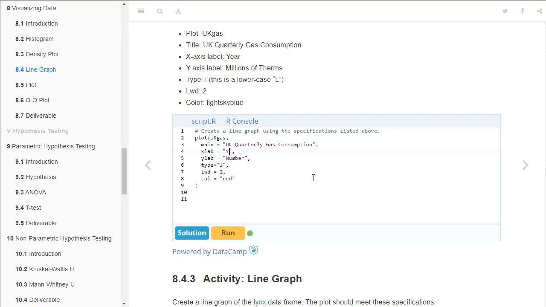The x-axis label is year, and the y-axis is millions of therms. The type of graph is L, that's not a 1, it's an L, it's for line. The width of the line is 2, and we want the color of the line to be light sky blue. And if we run that,